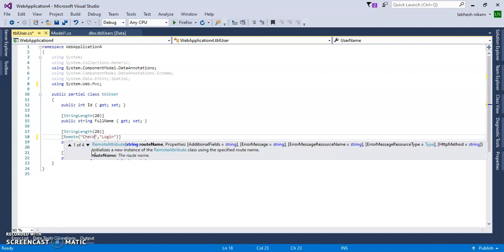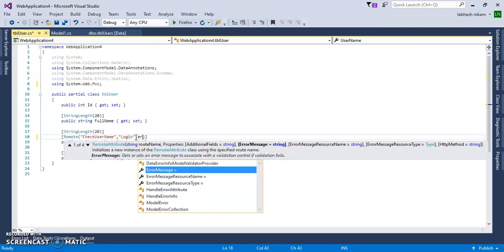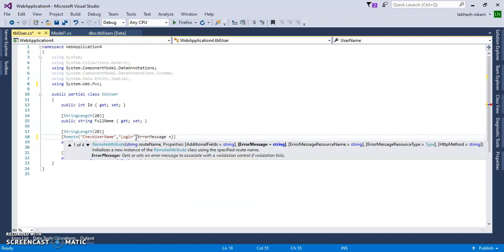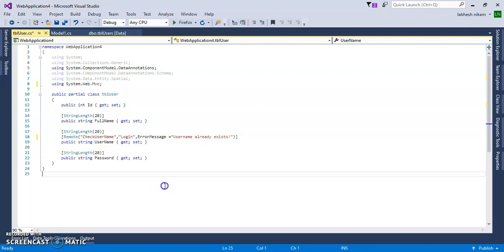So Login is my controller name, and give the error message: Error message equal to username already exists.